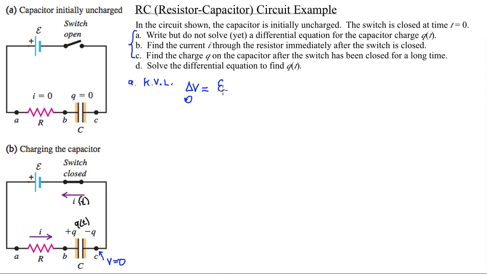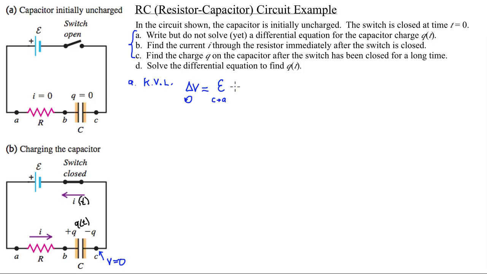So the EMF gets us from point C to point A. I'm just scribbling this in below to give us an idea where we're going. Now you're at point A. Now we're crossing this resistor. The current goes this way across the resistor, and that means the voltage has to be lower at B than at A. If you have current through a resistor, it has to be going from the higher voltage to the lower voltage,